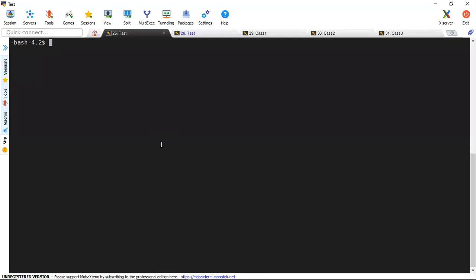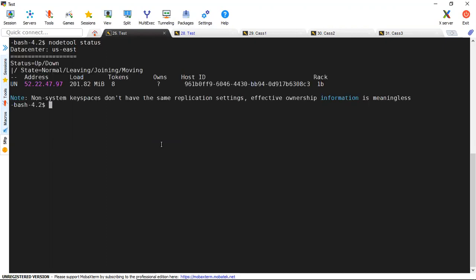Let me quickly show you. I have a 3 node cluster and a 1 node cluster. For this particular demonstration, I'm using a single node cluster. Let's see this. I have a keyspace called sales.